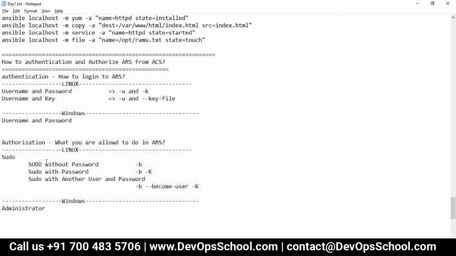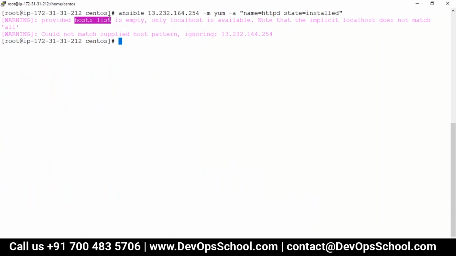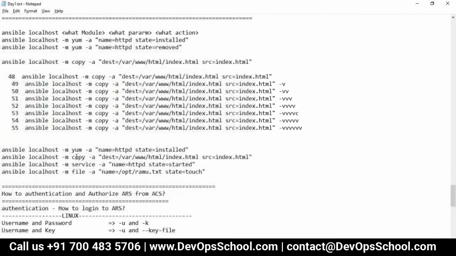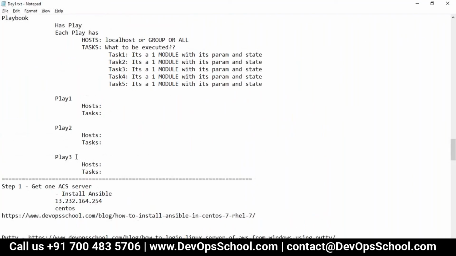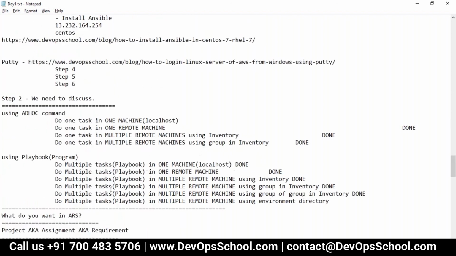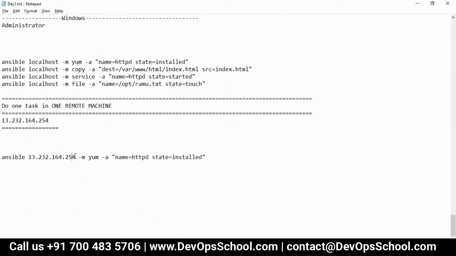So guys, look at this here. It says host list. Tell me whether it's a list or not. It's not a list. Guys, please read it one more time. I know I'm repeating, but you have to read it. These small problems are what make you frustrated. I said very clearly, inventory is a list of IP addresses, which can be provided on the command line, a file, or a script. I don't care about the other two, but the command line right now. So is it a list? No, it's not a list.